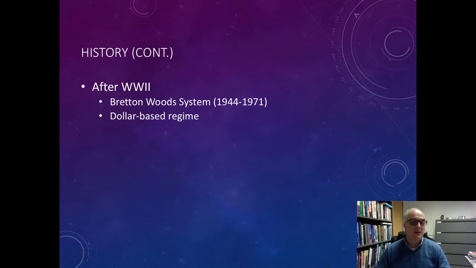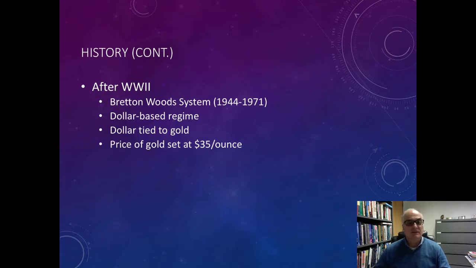Well, it was a dollar-based regime rather than a gold-based regime. So it was a system of fixed exchange rates. Countries pegged their currency to the dollar, and the dollar was tied to gold. So essentially it was an indirect gold standard. The dollar is on a gold standard. Other currencies are tied to the dollar. The price of gold was set at $35 an ounce, and other countries then announced what their currency was valued